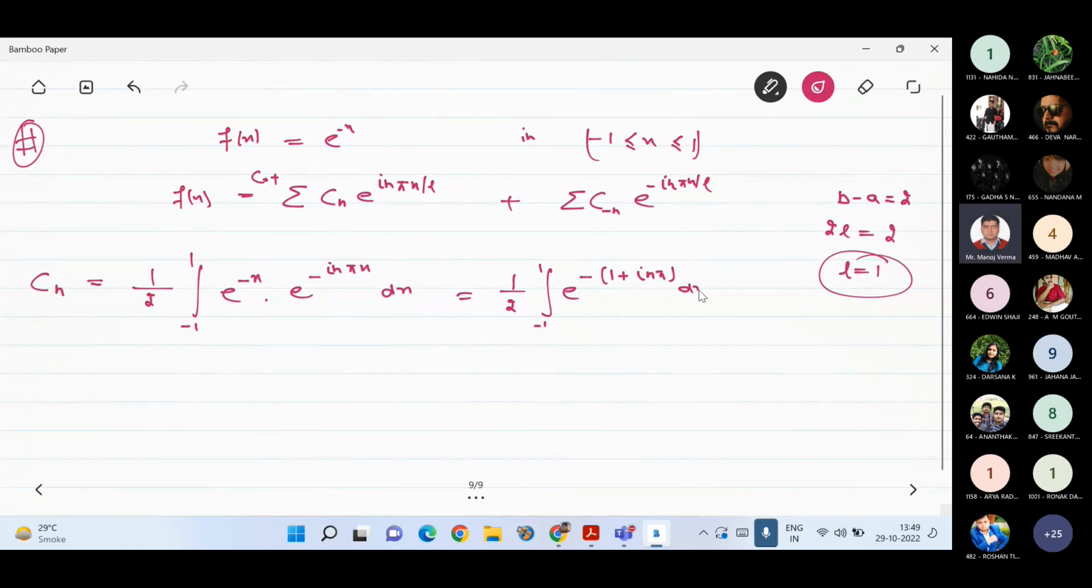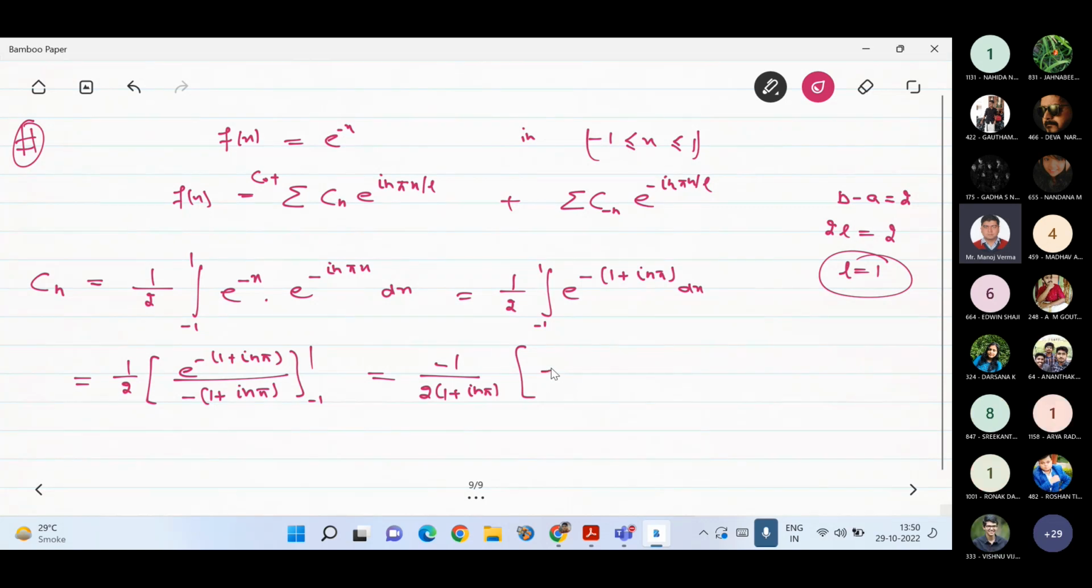Right. I can write this as this. So 1 by 2 e raised to the power minus 1 plus iota n pi divided by minus 1 plus iota n pi, and limits are 1 to -1. So if I take this denominator outside, it will be minus 1 over 2 times 1 plus iota n pi, and limits I can insert as e raised to the power minus 1 plus,